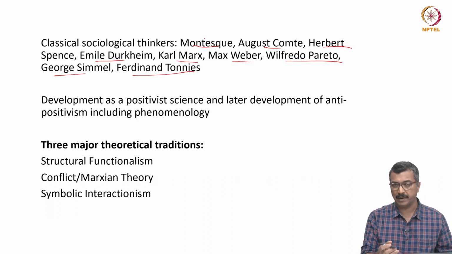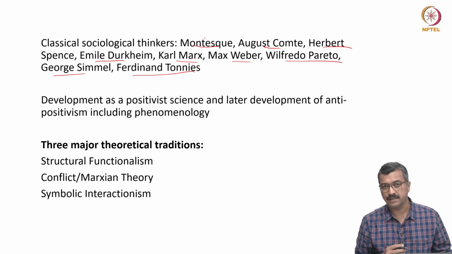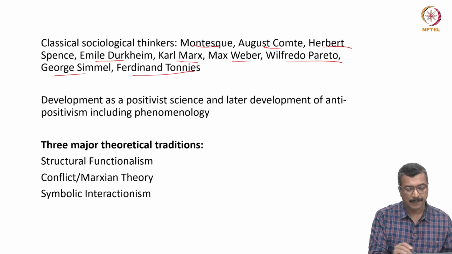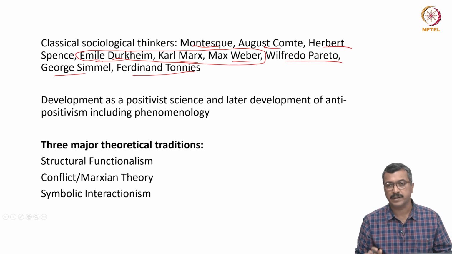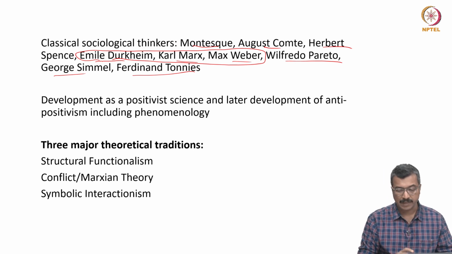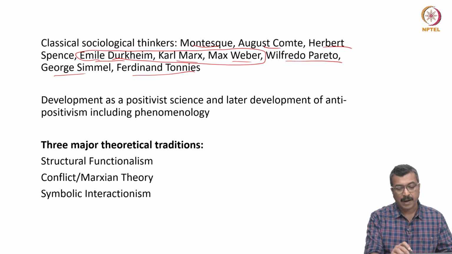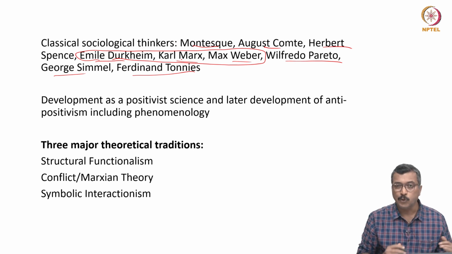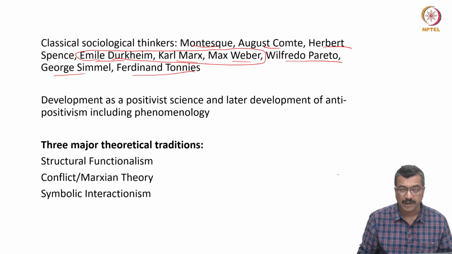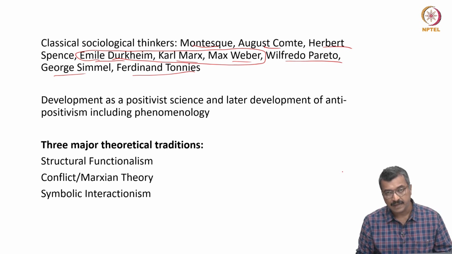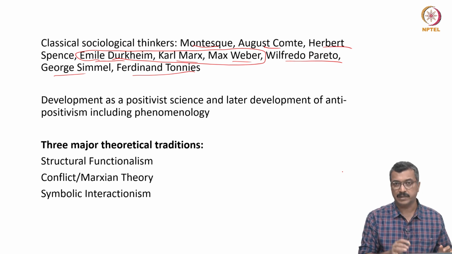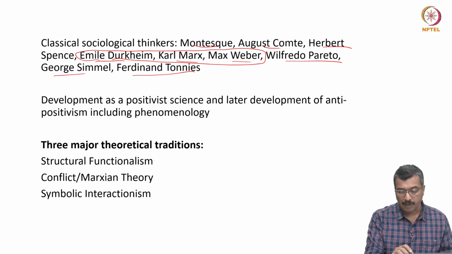And Auguste Comte, as I mentioned, is widely seen as the father of the discipline, and Herbert Spencer, and maybe these three people, Emile Durkheim, Karl Marx, and Max Weber, are seen as the most important classical thinkers. Durkheim was a sociologist, Max Weber was a sociologist, but Karl Marx was much more than a sociologist. As you know, he was an economist, a philosopher, a historian, a political activist, a political scientist, and also a sociologist. So these are the three important founding fathers of the discipline: Durkheim, Marx, and Weber.